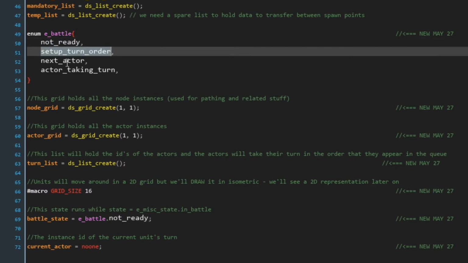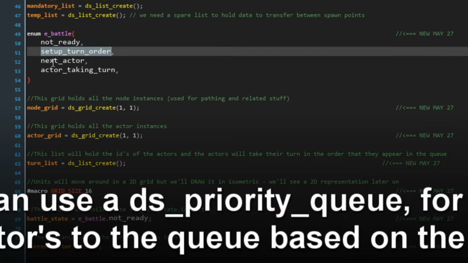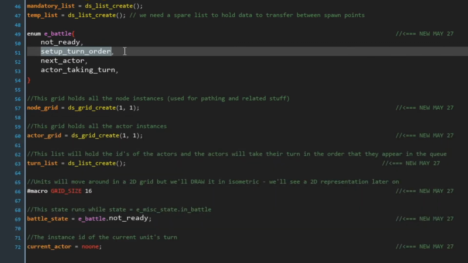A set up turn order, so you can organize the turn order of units however you like. I'm just going to have it randomized for now because I don't have any particular stat that I want to use for it. I might add a stat called initiative and then use that. You can use any combination you want, but anyway, I'm going to have a random order for every turn, so